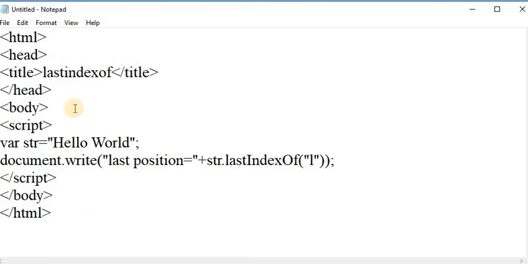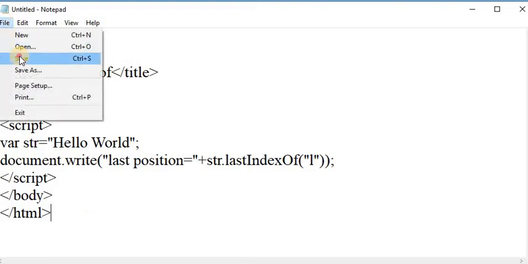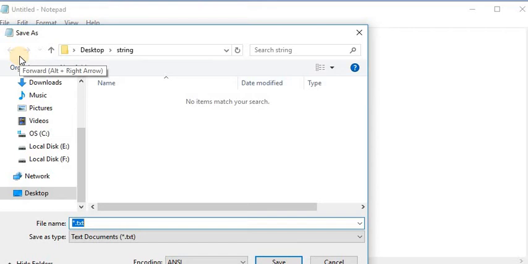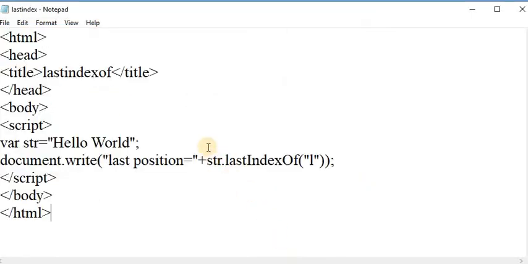In this example, first of all save this example with the name lastindexof with the extension .html. Save this program and let us see the output of this program.